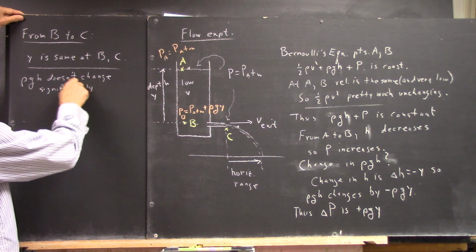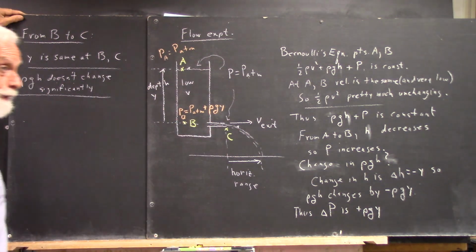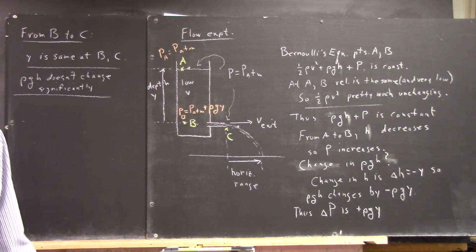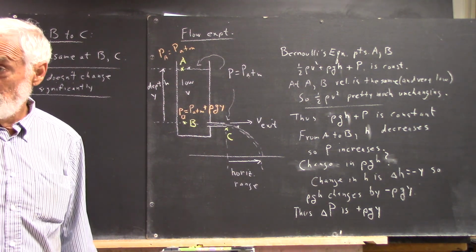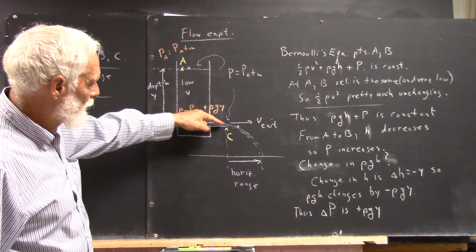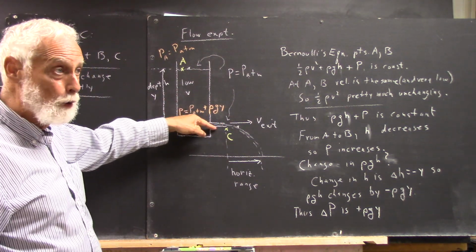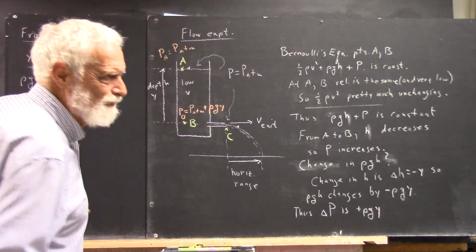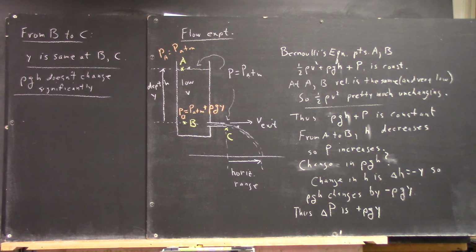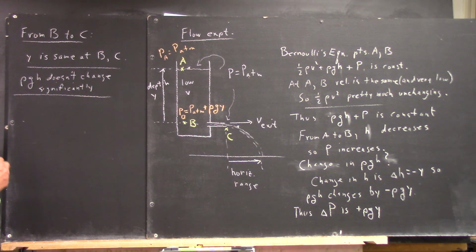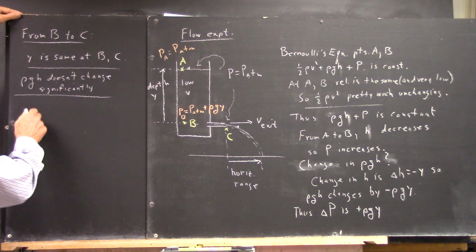Significantly, it doesn't change at all in the ideal case, and in the real world, as long as we're kind of careful to get the tube straight, the change is really insignificant, okay? And the difference between water that comes out the higher part of the tube versus the lower, because the tube has a diameter, some of the water's a little higher than others, is very, very insignificant for what we're doing, okay? So we can establish that rho GH doesn't change and that it's not significant. At least you can believe me that it's not significant. So